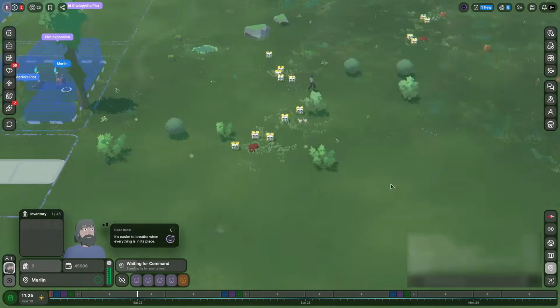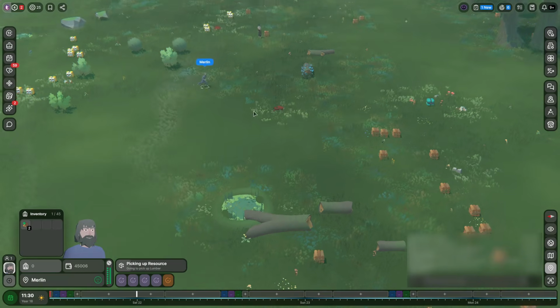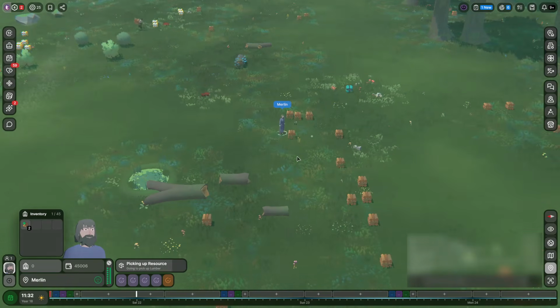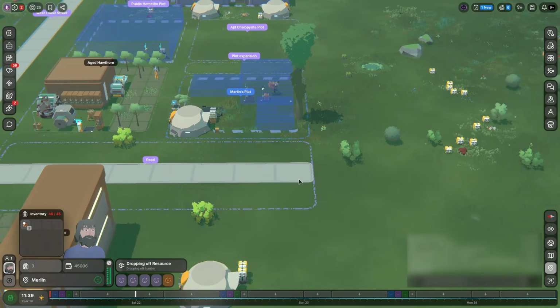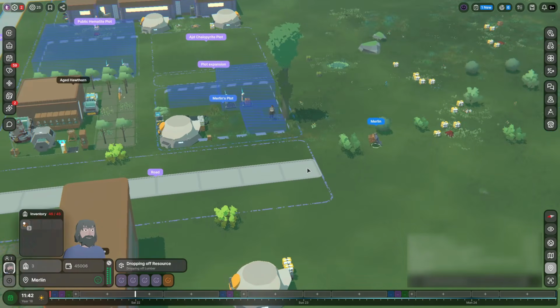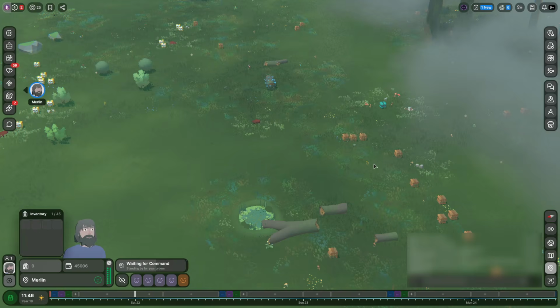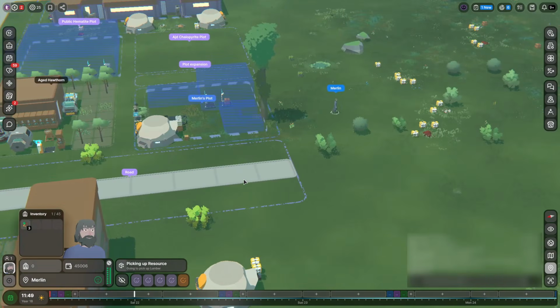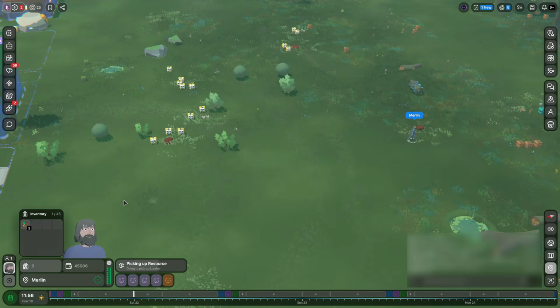And on the right-hand side of it, you can see that there is a 29, which is the total amount of lumber that we will need to construct the building. So at this moment, we have 0 of 29. Now, if this building was fully constructed and you're just adding on an extension to it, you will see the fully constructed building still there, but a hologram for the extended part of it that you're creating, and you will still be able to click on the building at any time to see what resources are required